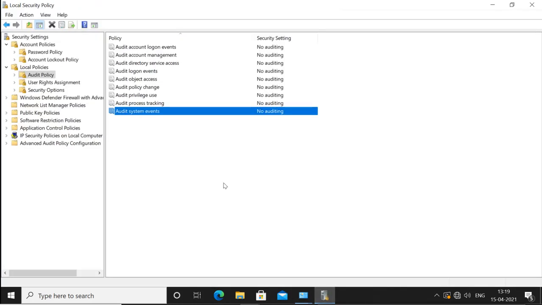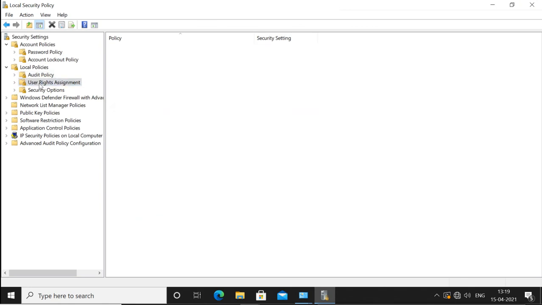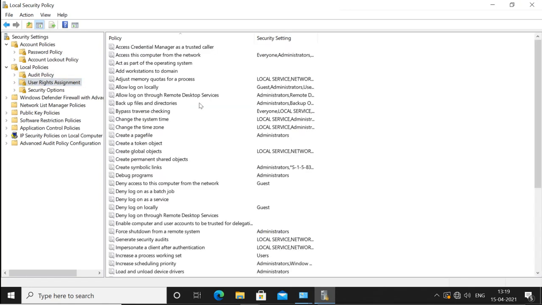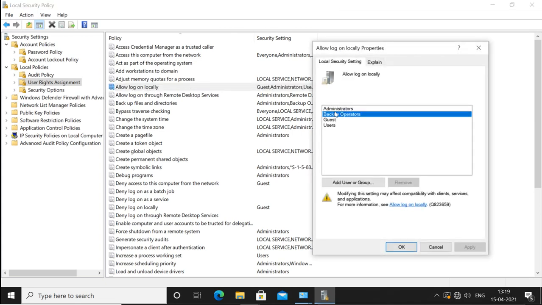Then we have this user rights management. User rights management defines what the administrator or other users or groups can do in your system. It has lots of policies here. For example, I'll show you this one, Allow log on locally. If you double click on it, it shows which users can log in locally.